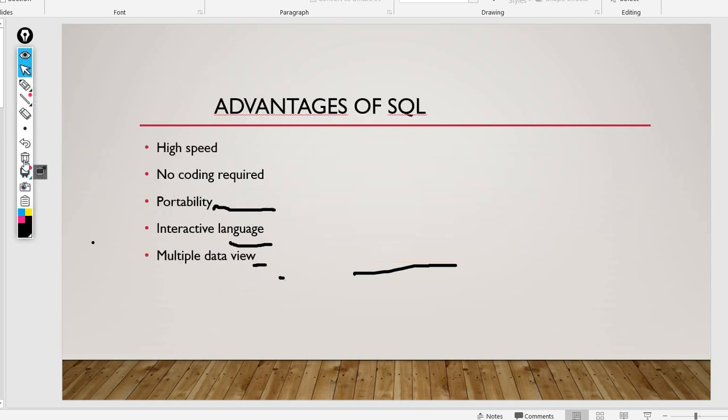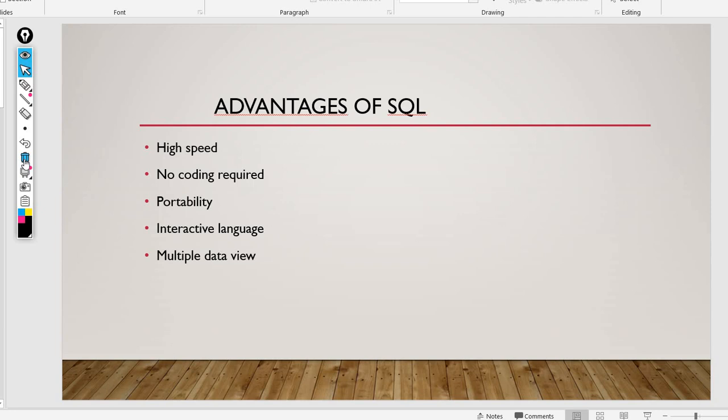Now we'll see the advantages of SQL. It has high speed, that is, efficiency is more. No prior coding knowledge is required in SQL. Portability is good, as you can use this on laptops, computers, tablets, and mobile smartphones.